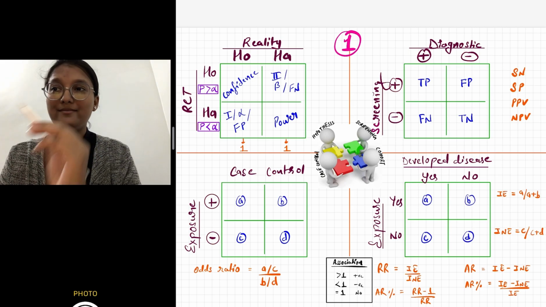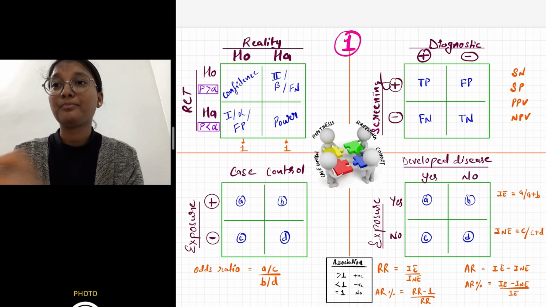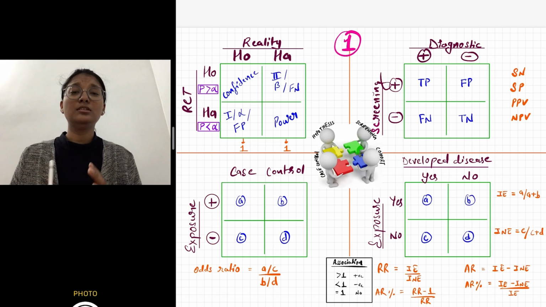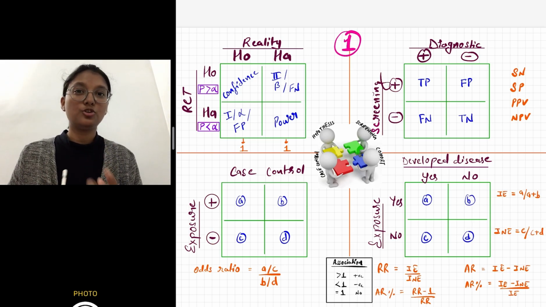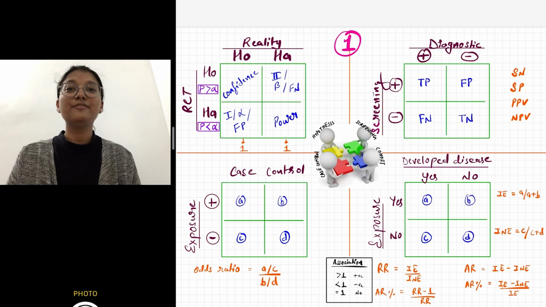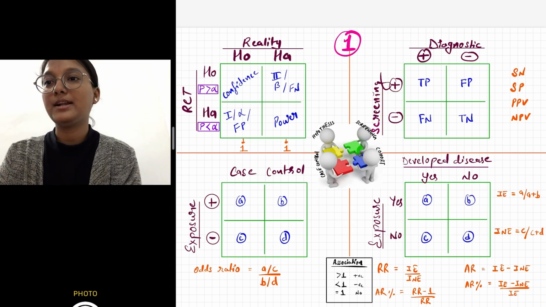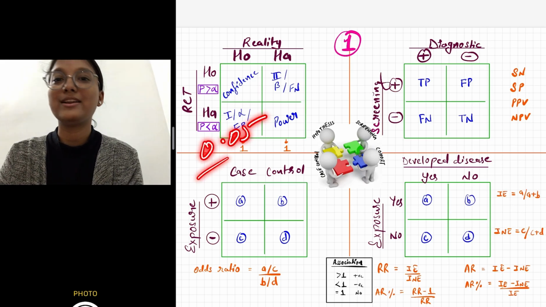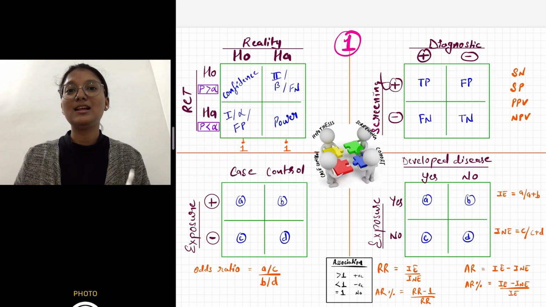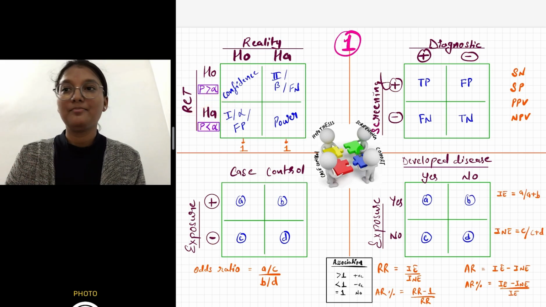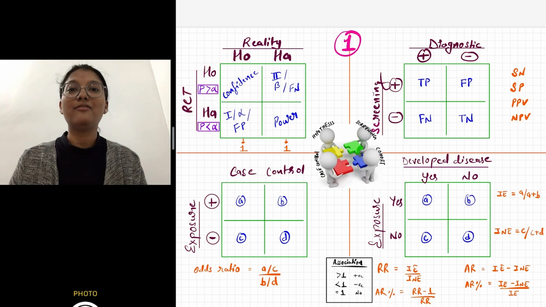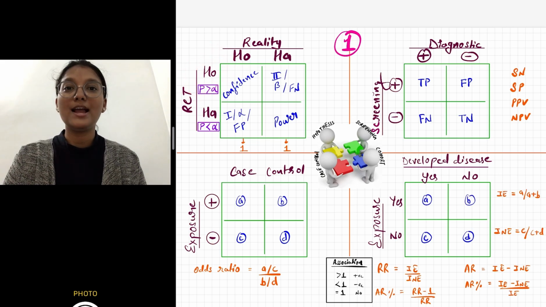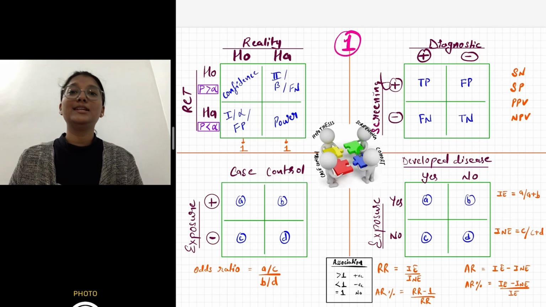Secondly, note that in this hypothesis table, there is H0 and HA in the reality. In the exam, they really don't tell you whether they are talking about H0 or HA in the RCT. They just give you the p value and you have to interpret it. If the p value is less than alpha, we usually take 0.05, then they are talking about HA, and if they show you a p value more than alpha, suppose 0.06, then they are talking about H0 in the reality.